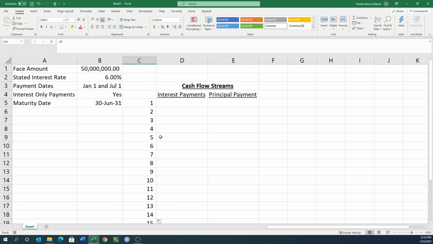There we go. So there's my 20 payments, and then we know what the dates are. And now I want to calculate what my interest payments are. Well, my interest payments are simply